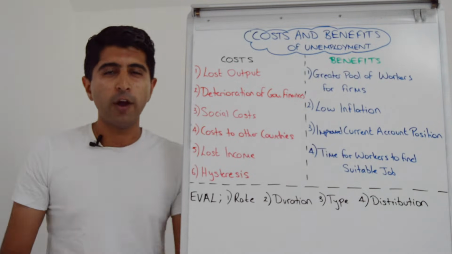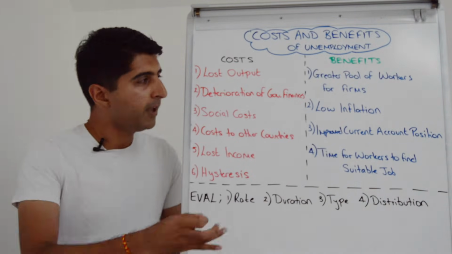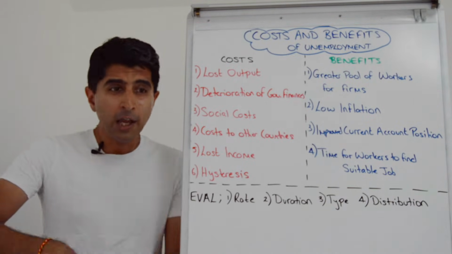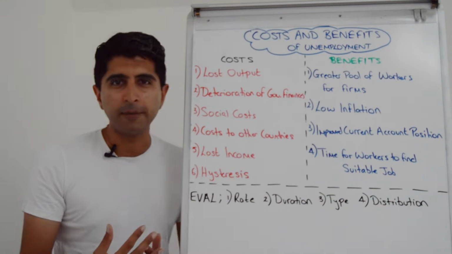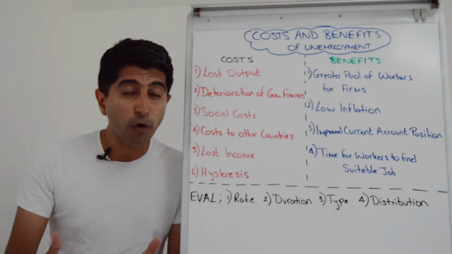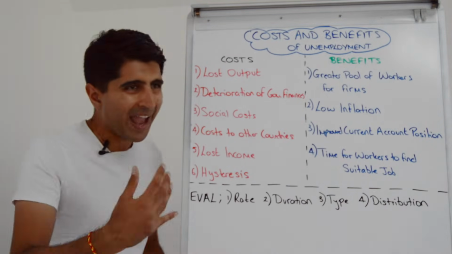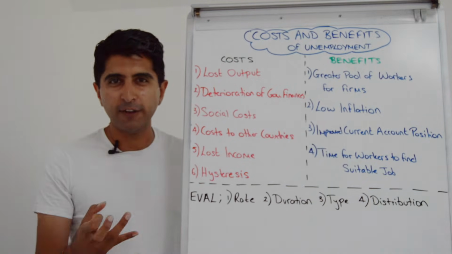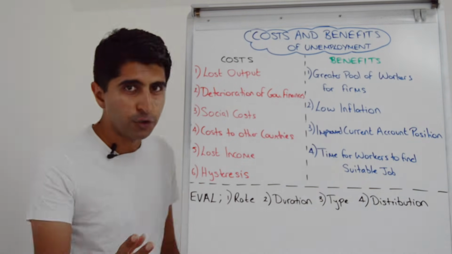The issue here is that budget deficits tend to rise, national debt tends to rise, and that has implications on the whole economy if taxes need to go up to fund this extra increase in G that's necessary. Or maybe there'll be cuts to other areas of government spending in the economy. You can worry about the implications of that. Or maybe the government has to borrow more money in order to fund all this extra government spending. And that comes with the massive opportunity cost of debt interest. So this is a huge concern.